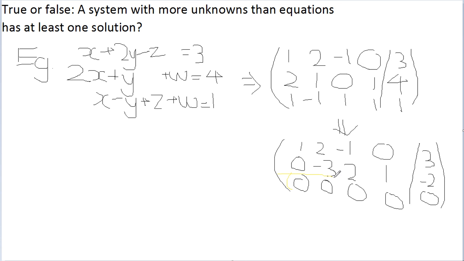shows that the system has infinitely many solutions. And what about for systems